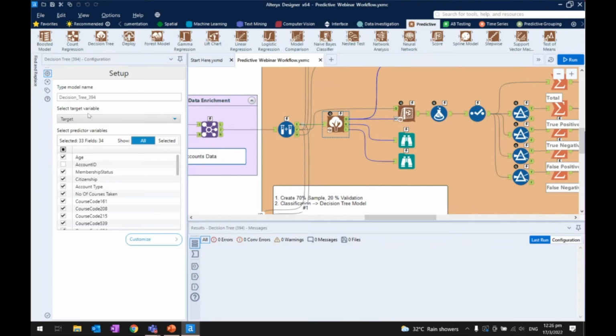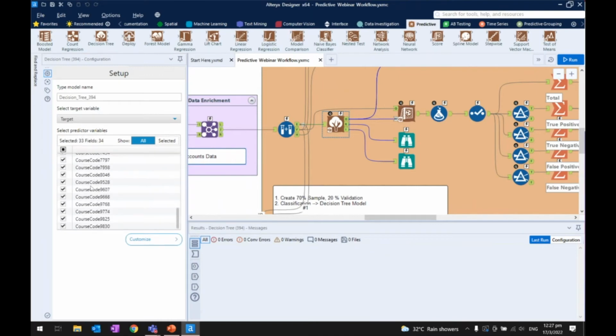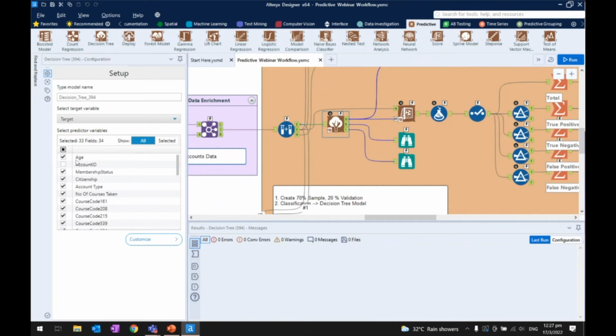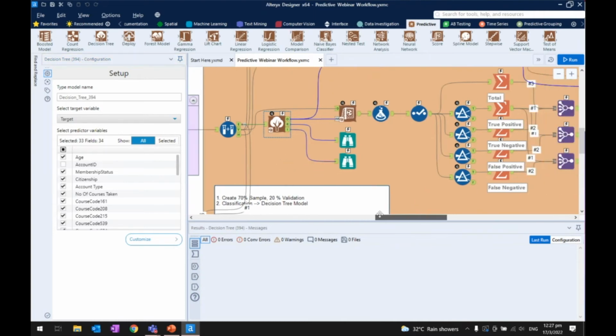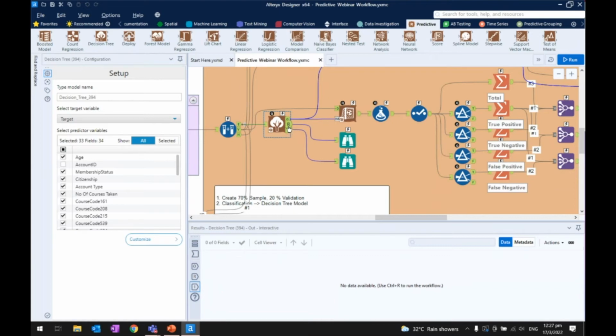So as you can see here, you will just need to select your target variable and select your predictor variables. So let's say we have all the variables you could see over here. You could choose to include or exclude some data as you would like. And once you run the workflow, you will now be able to see the results of this workflow within Alteryx itself. The results will come out through two anchors, the R anchor and the I anchor,